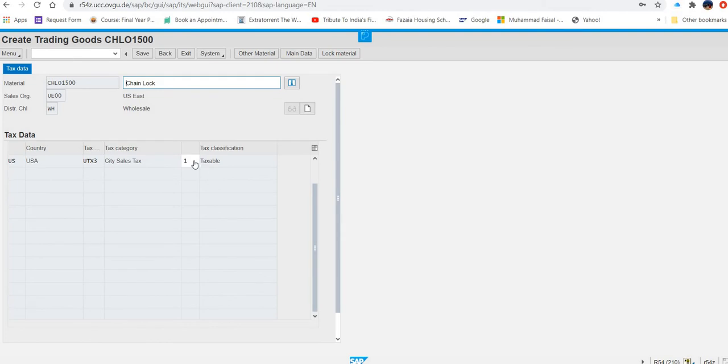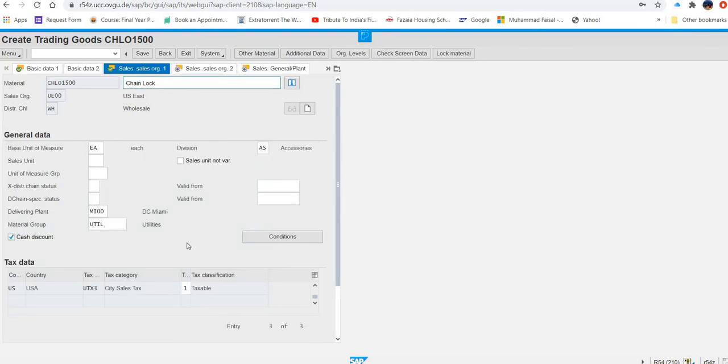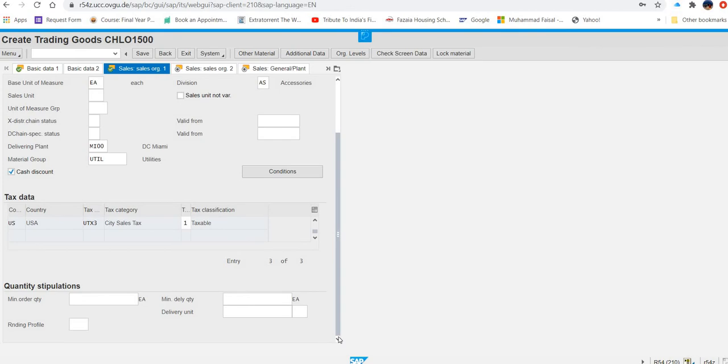Now, so I think we have to go back here. Where is the amount? The amount that we have to enter is 69, the amount after scale quantity.